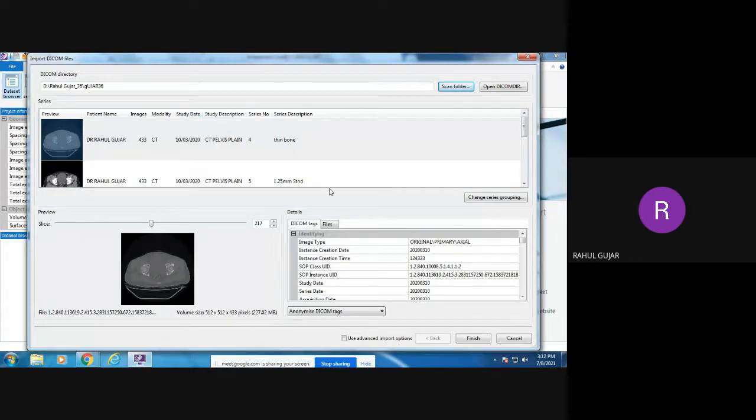When the DICOM files are imported, you can see on this screen the DICOM images are 433 CT. You can also see on which date you took these DICOM images, and the study description shows for which part you took them. The series number matters because on that day there may be 4, 5, 6 patients, so that is also shown by the series number. In the description, you can add other details related to slice thickness and other parts. Here you can see that.